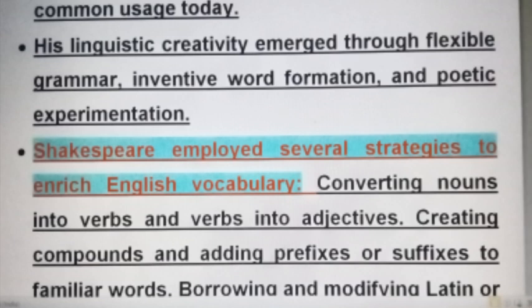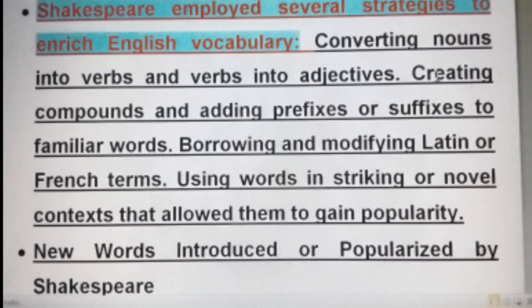Shakespeare employed several strategies to enrich English vocabulary: converting nouns into verbs and verbs into adjectives, creating compounds and adding prefixes or suffixes to familiar words, borrowing and modifying Latin or French terms, and using words in striking or novel contexts that allowed them to gain popularity. New words introduced or popularized by Shakespeare include